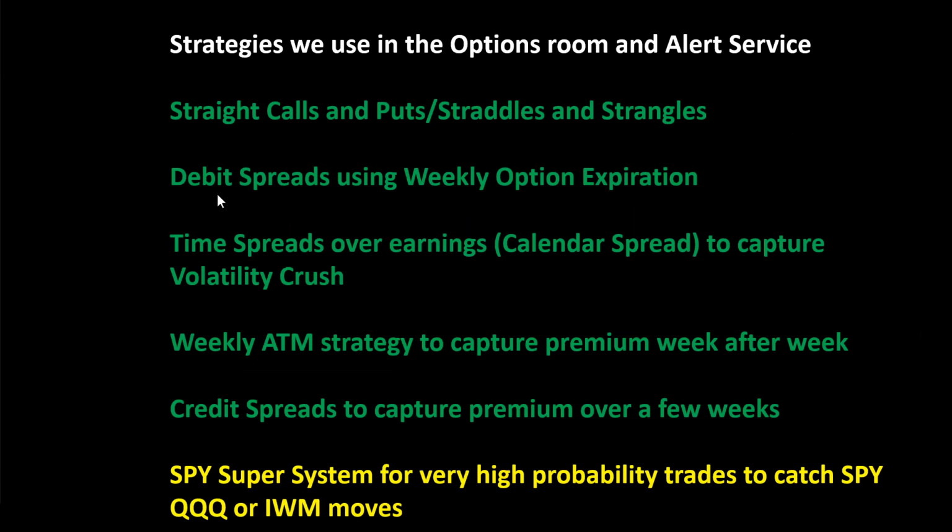All right, so those are the charts, and that's the SPY super system. That shows you the indicators that we use and how we know if institutions are in the trade or not, and how we use them for intraday trades and how we use them for swing trades. We do this every single day. I'm in the room every day from market open to market close,